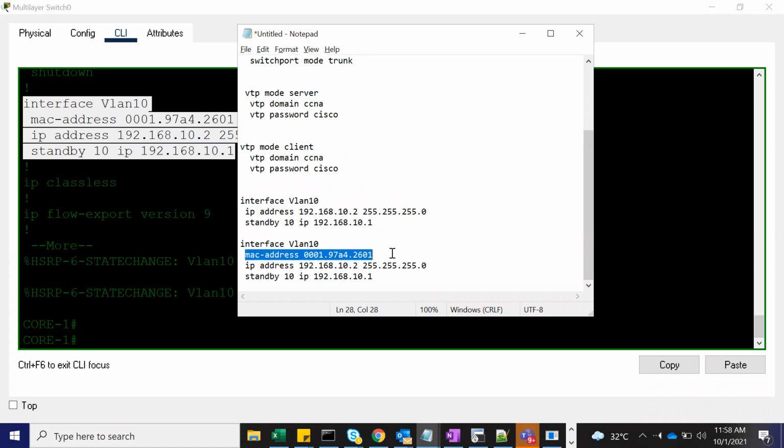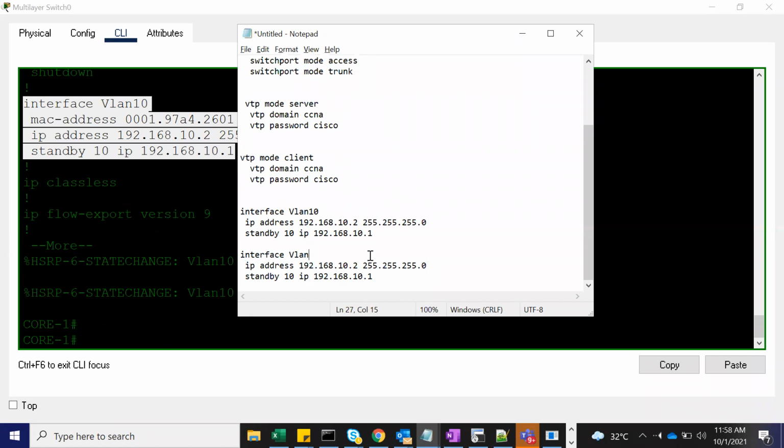Now similarly, just look here at what I'm going to configure for VLAN 20. I will say interface VLAN 20, and you need to give some dummy IP address like 20.2, but your actual gateway will be here under the standby command. So standby 20, and my IP address of VLAN 20 is this one, 20.1. Can you see this? 20.1. What we have given is the physical address of that interface, but your actual gateway of the VLAN will be configured with the standby IP. If you look here, gateway is here, 10 and 20.